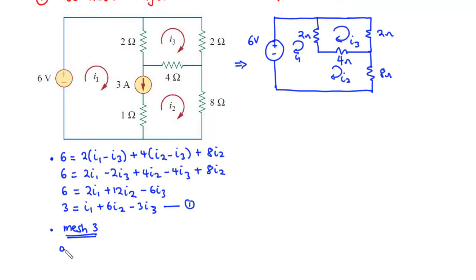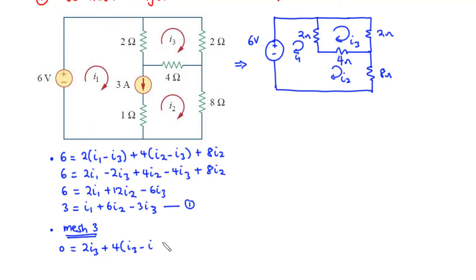We have the source voltage to be 0, so that is equal to, now we have current I3 flowing in this branch, so that is 2I3 plus, we have I3 taking the clockwise direction, and then I2 taking the anti-clockwise direction, so that becomes plus 4 into bracket